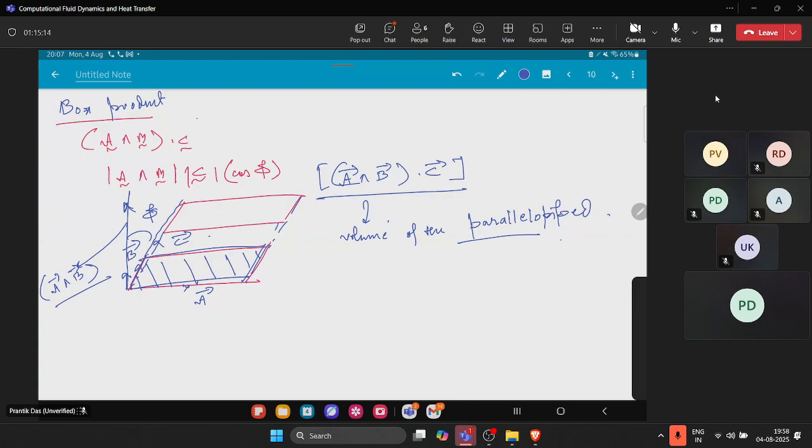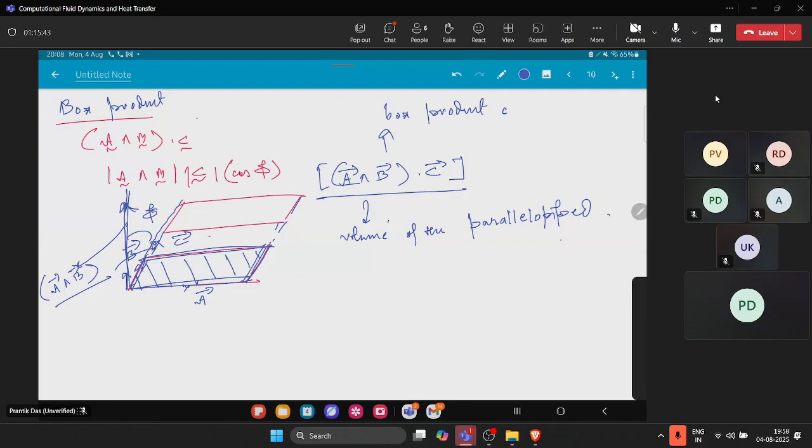After getting it, you are taking the component along the C vector, which gives you the height of the parallelepiped. And this height multiplied by the base area gives you the volume of the parallelepiped by using this scalar triple product. So this is basically called the box product